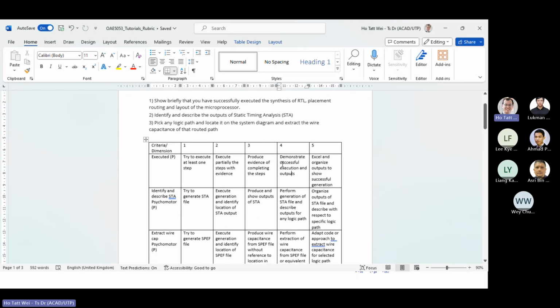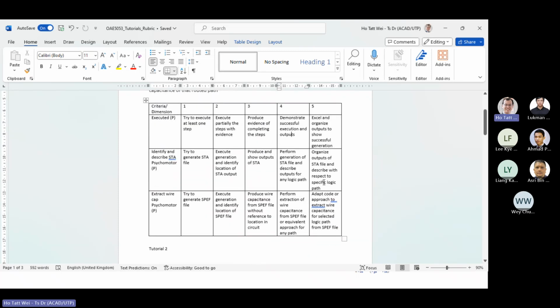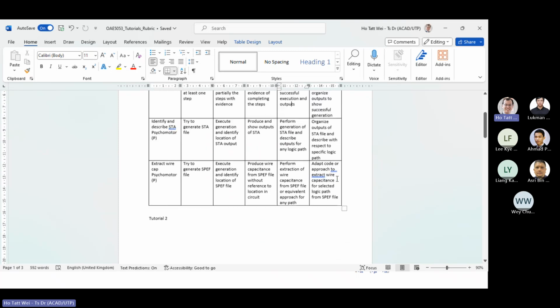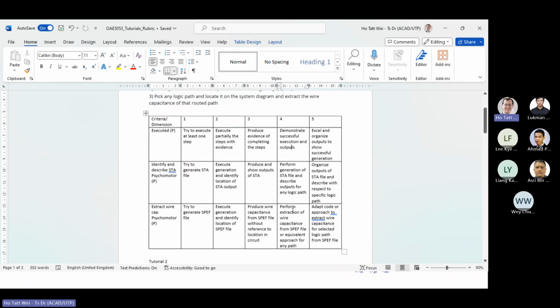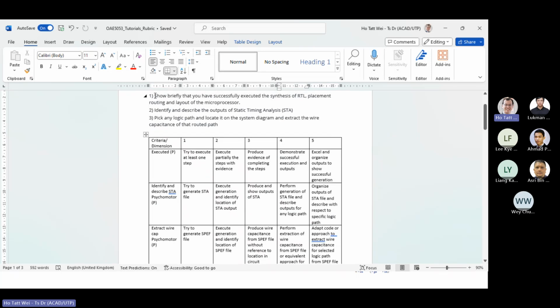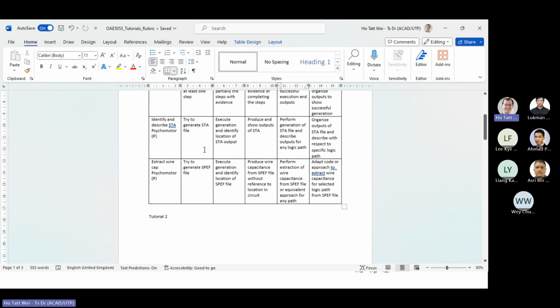So maybe by next week I should be able to give you your marks broken down, and then the 5 marks will be averaged across these 3. If there's demand, I might allow you to resubmit. But the whole point of this is to get you to understand in a bit more detail. But again, the tutorials are not related to the exam or the test. But of course, if you understand question 1 well, that will help you for your test and your exam, because there's going to be one question on the design flow anyway.